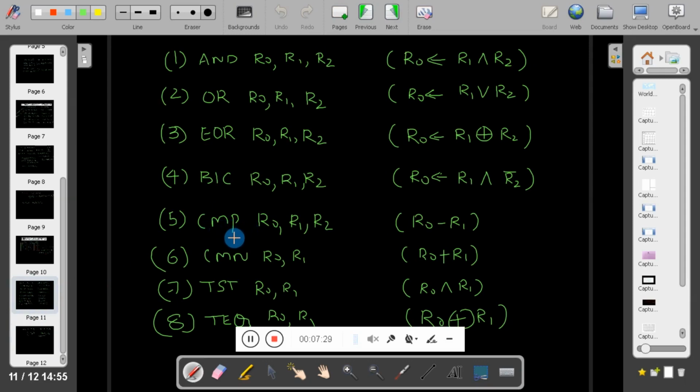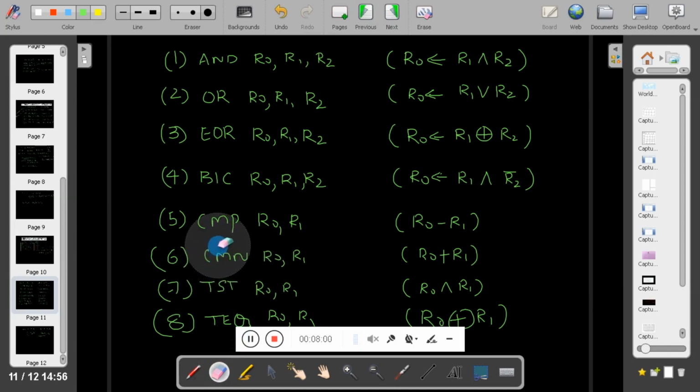So what is compare? Compare will do subtraction for the comparison purpose. Compare will compare the two numbers.